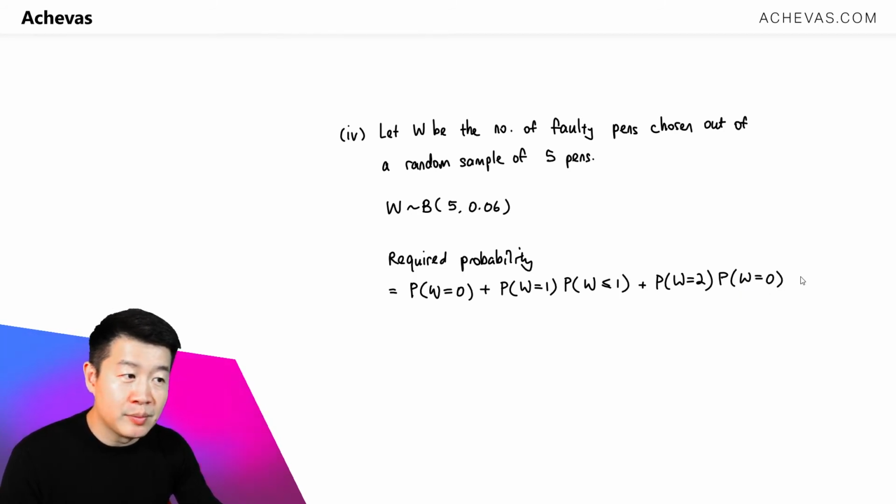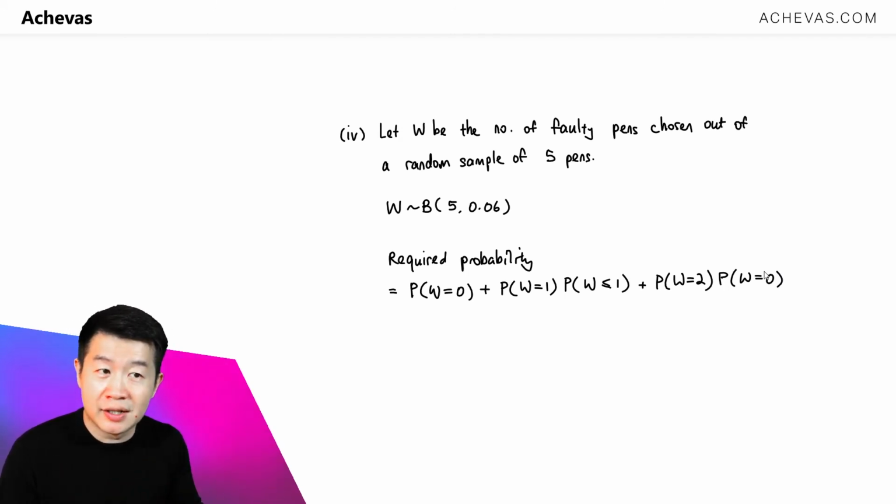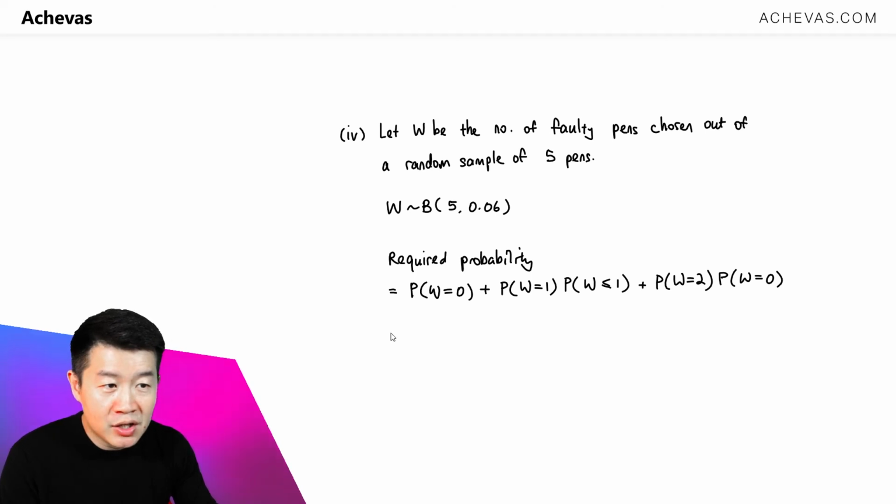We will not go for W is equal to 3 because that will mean that the box is going to be rejected. And we are talking about acceptance here. So we're going to calculate the probability for all these 3 cases. This, if I were to press into the calculator, is 0.73390. Probability that W is equal to 1, pressing into the calculator, is 0.23422, and this is equal to